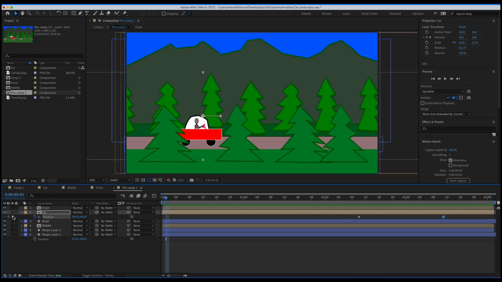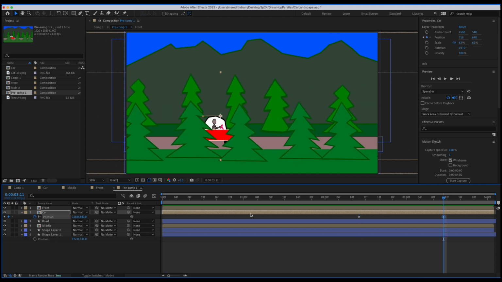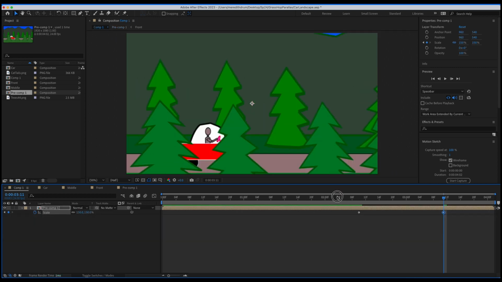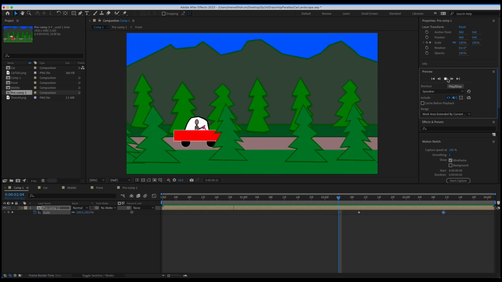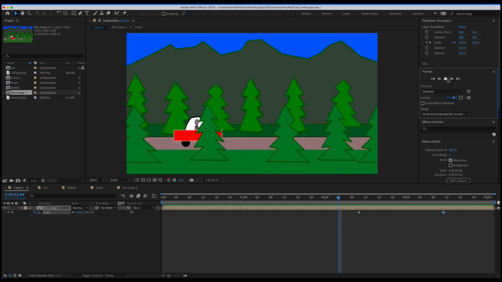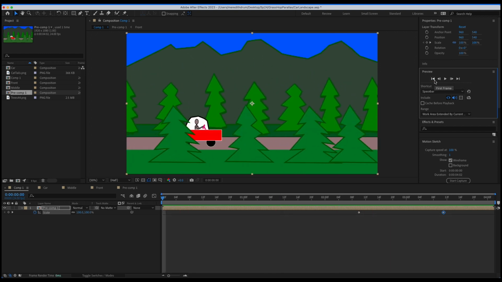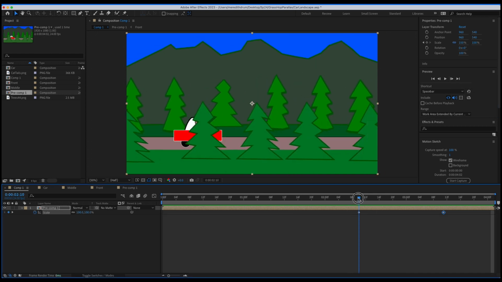So let's move it. You can navigate between the keyframes by clicking these little arrows here. Maybe we'll move it forward just a little bit more. And let's go back and let's see what that looks like. It's okay. If you want to, you can play around with it. You could also play around with the position here. So let's go back to this keyframe here, right? And we can also play around with the scale or the position here.